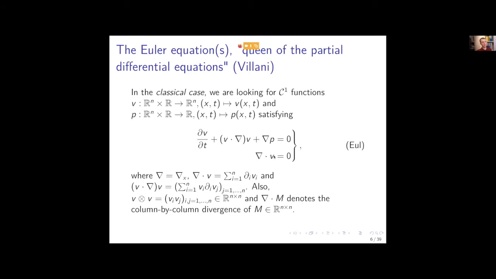You can prove that if you have this condition, and you look at any body of water and follow all the particles in that body as they move over time, the divergence of V equals 0 implies that the volume stays constant. So there's no volume loss. You cannot compress water. If you look at any body of water and how it's going to flow, the volume is always going to stay the same. So this is the second equation.